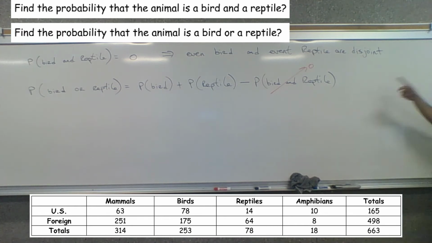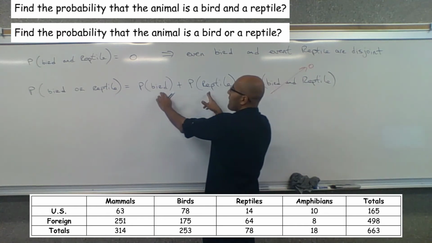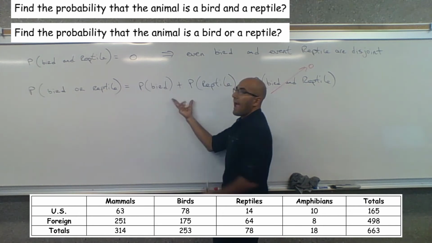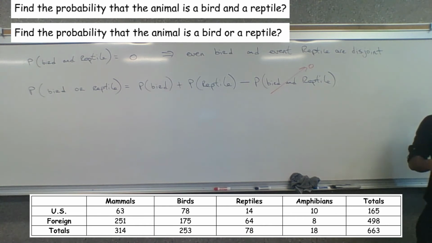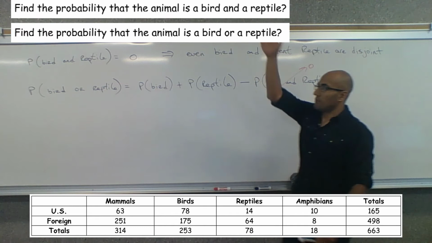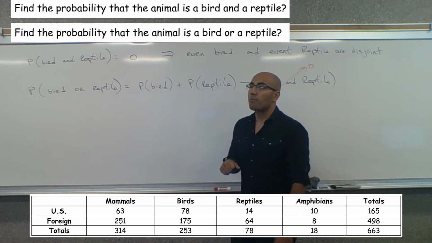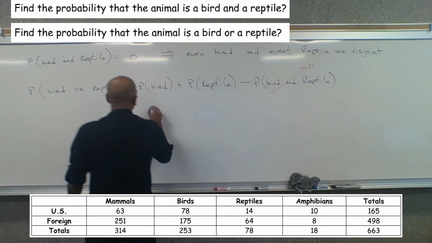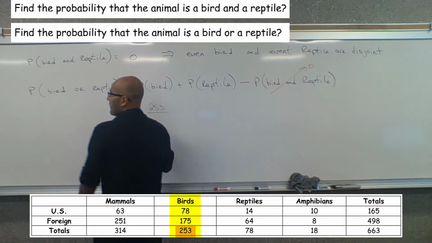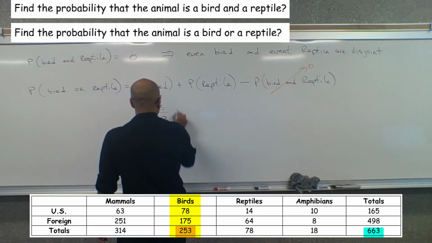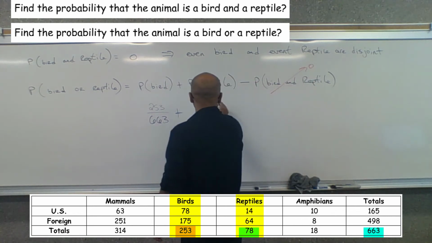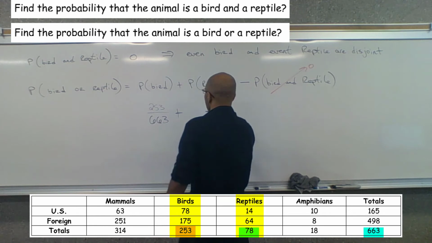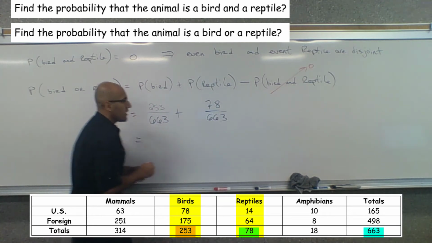Okay, so now it just simplifies to these, so I can just find these two probabilities separately and add them together, and that'll give me the answer to the probability it's a bird or a reptile. Looking at our table, what's the probability that it's going to be a bird? That's the number of birds divided by the number of values in our sample space, or 253 divided by 663, plus the probability that it's a reptile, which is 78 divided by 663, which gives me a total of